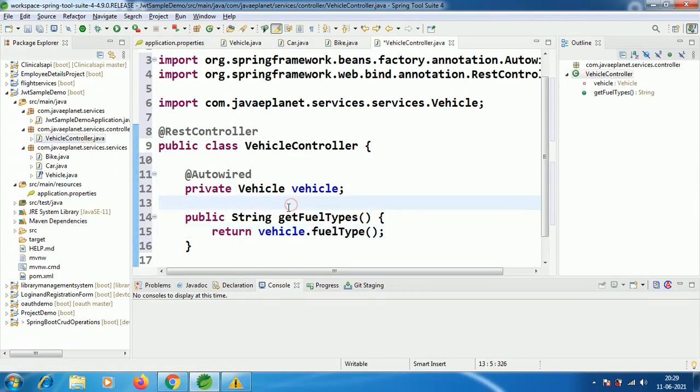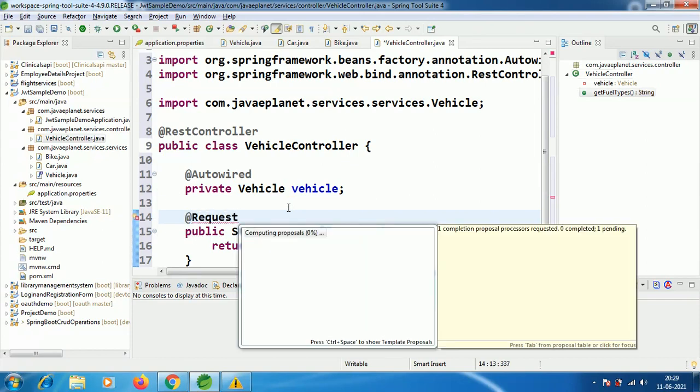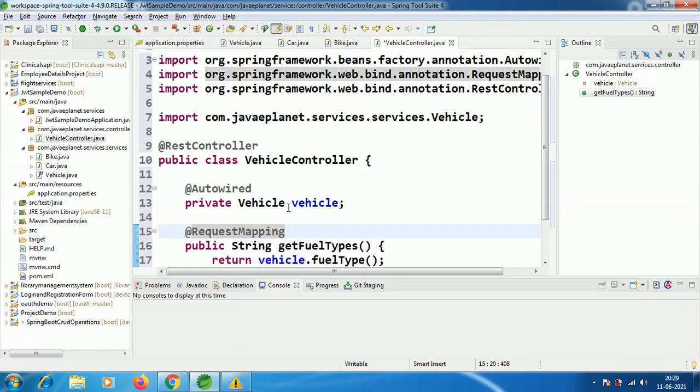Now annotate this class with @RequestMapping, taking the URL as /api, and I annotated this class with @RestController. Everything is fine. Now save all the classes.